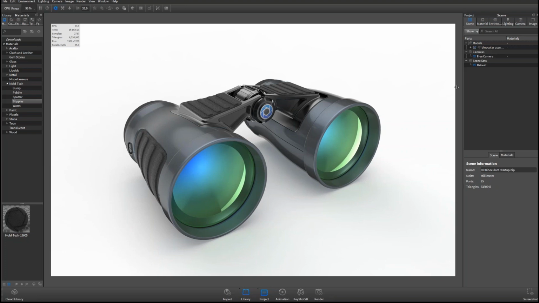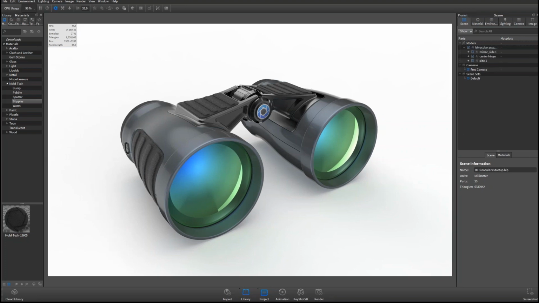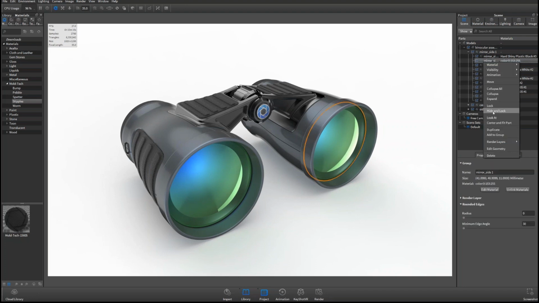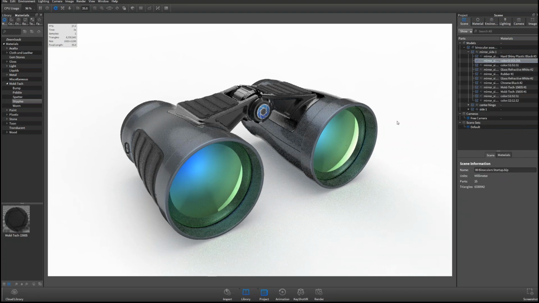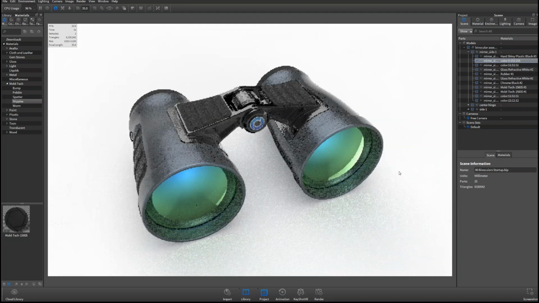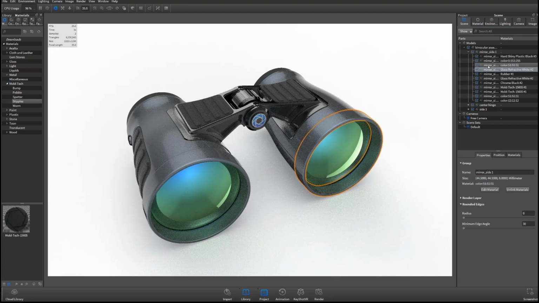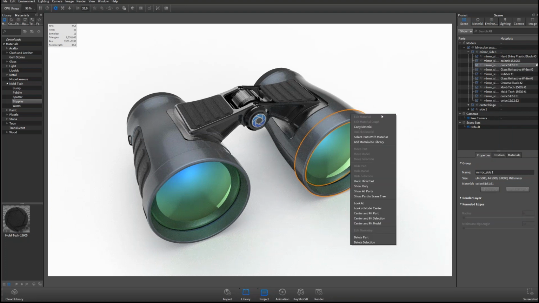This model here is an assembly with a couple of parts on the inside, right? One thing that we've added, which can be really nice if you don't want to be able to modify your parts, their position, or the materials, is the ability to lock parts and models on your scene tree, right? Which can be really helpful. If I select a part here, for example, right click on it, and lock it, and then select that part, you can now see that some of these options that were there are no longer options that I can select, right?